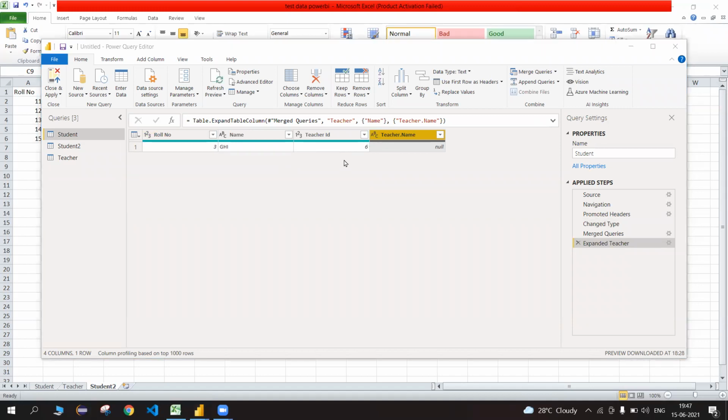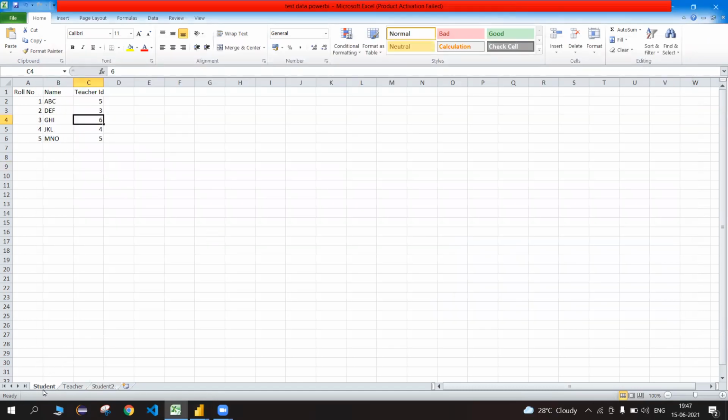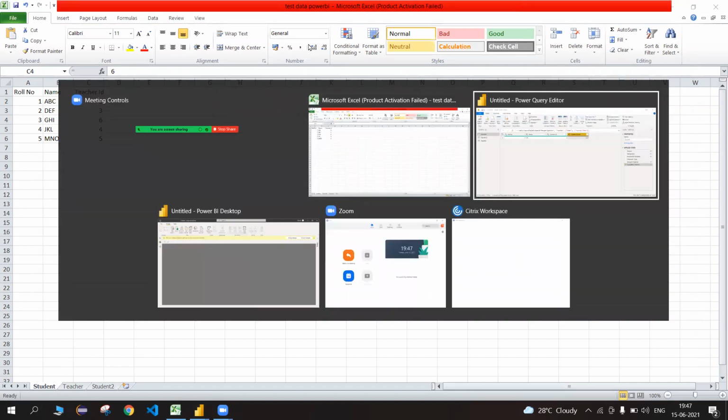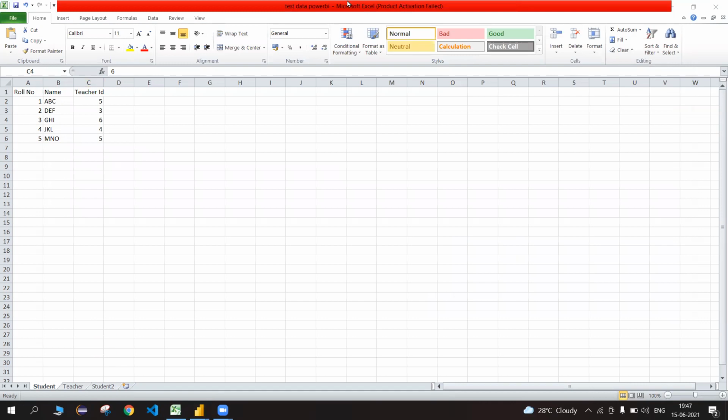If you see, like this is our sheet, and when I go back to the student tab, so this is the data that we have.